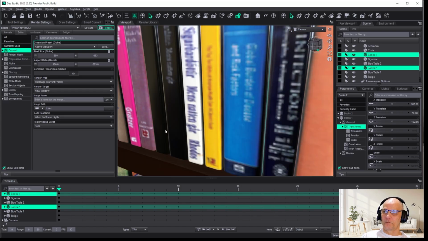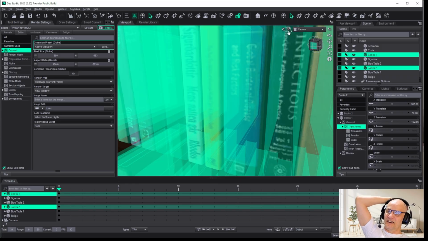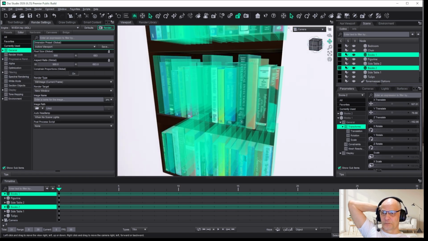Also, even though they talk about the high resolution textures, look at how crappy these textures are. So if I get one of my renders, I'll render now with the iRay renderer, and you'll see that these books have really crappy text, really low resolution texture. Also, something even more egregious, if I go back to the filament render while I just move around,